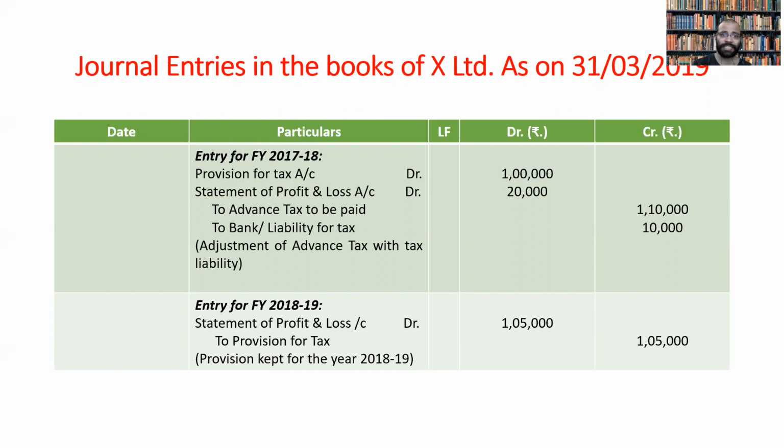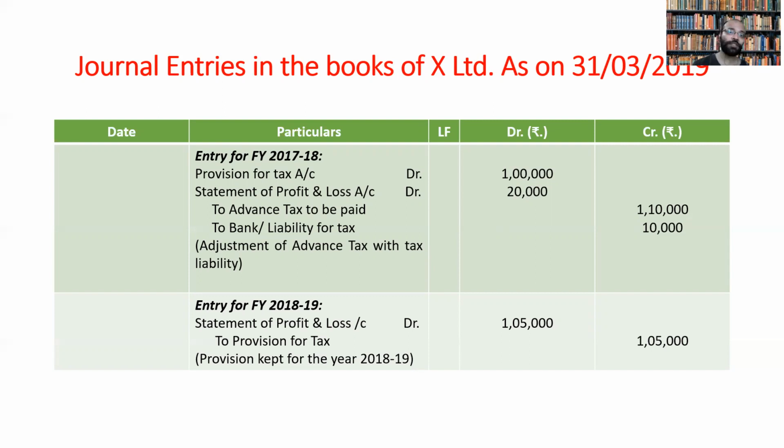We write that. So date here accordingly 31st March 2019, isn't it? So first here the 2 years are given, 2017 to 18 financial year and 2018 to 19 financial year. Since these 2 years are given, it is mandatory for us to know that we need to prepare journal entries respectively. So first, let us make it for the initial year, that is the entry for financial year 2017 to 18. So in this particular thing, we saw the working note. We prepared that there is an additional tax which is to be paid, and an additional provision also to be made.